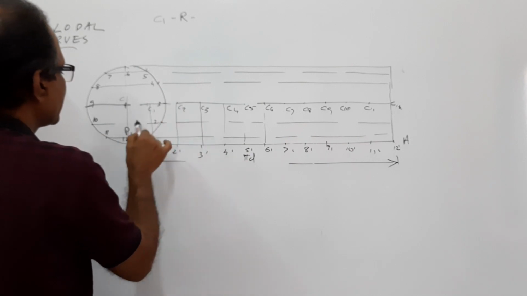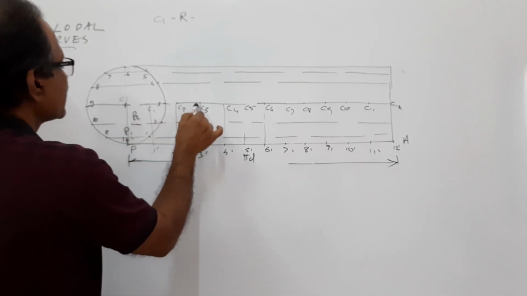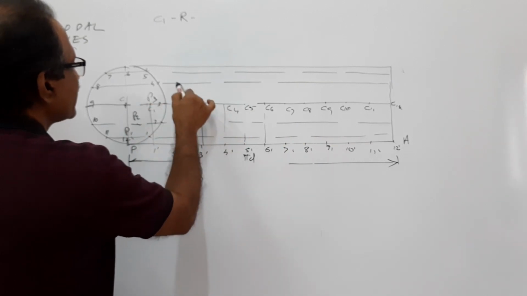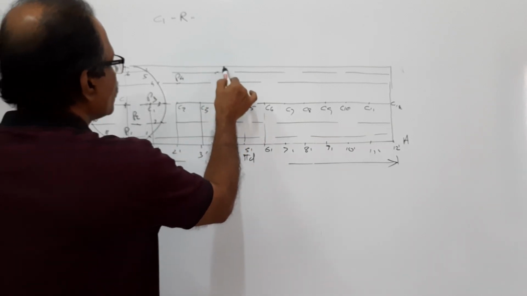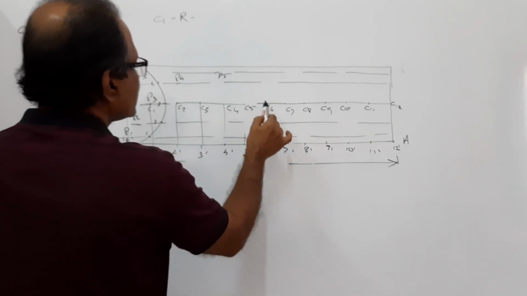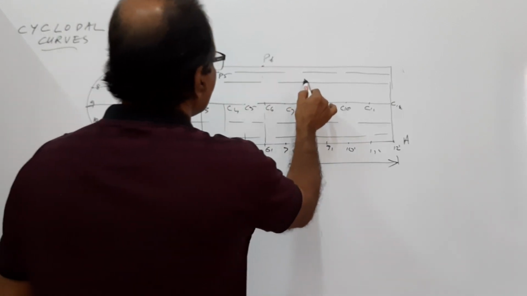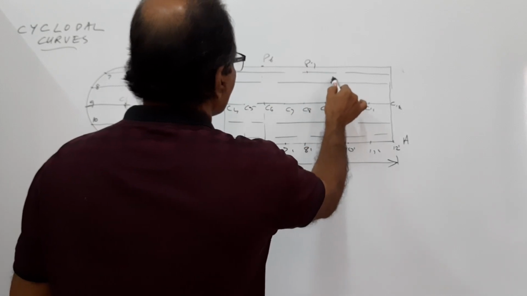Then C2 as center, cut the line through 2 at P2. Then C3 as center, cut the line through 3 at P3. C4 as center, cut the line through 4 at P4. C5 as center, cut the line through 5 at P5. C6 as center, you need not cut, it is right above P6. Then you get similarly P7, P8,